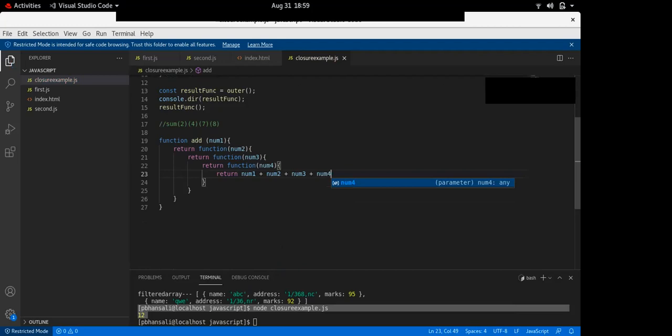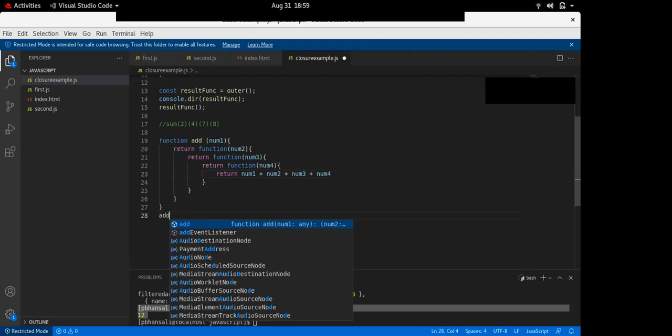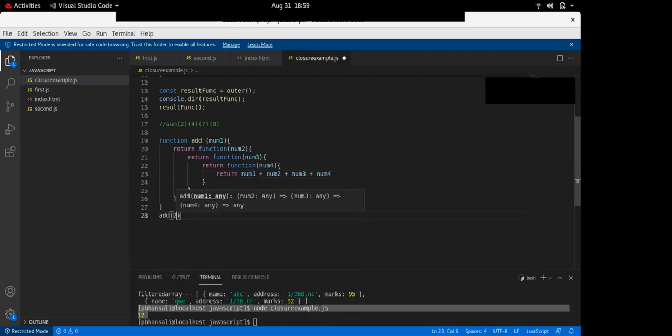Now what you can do, you can call it like this: add, then first number may be 2, then second number 4, then third number 7, and the last number 8.